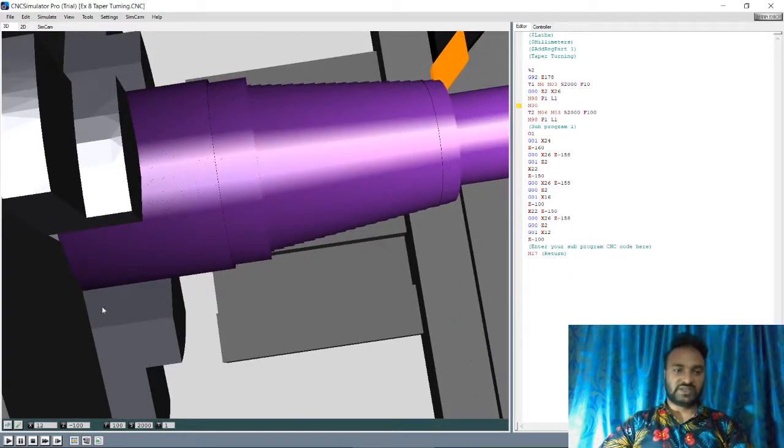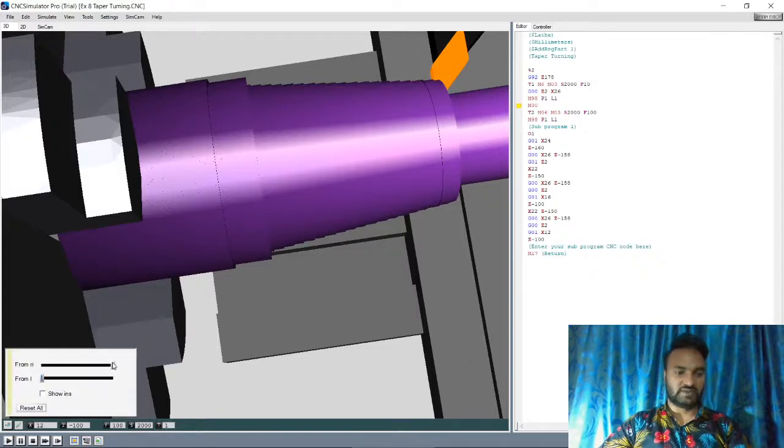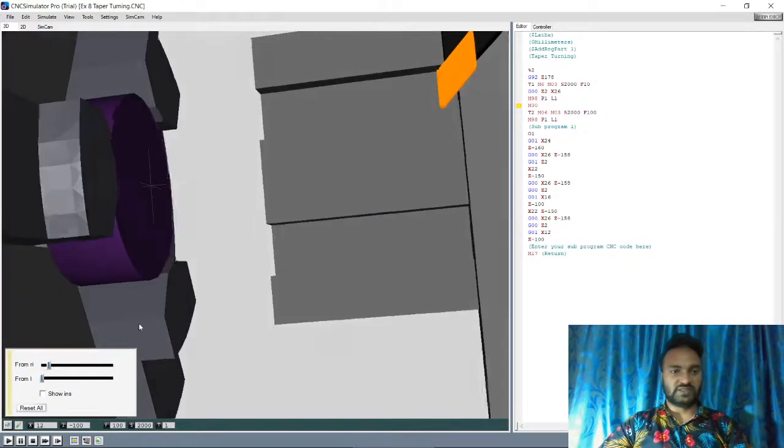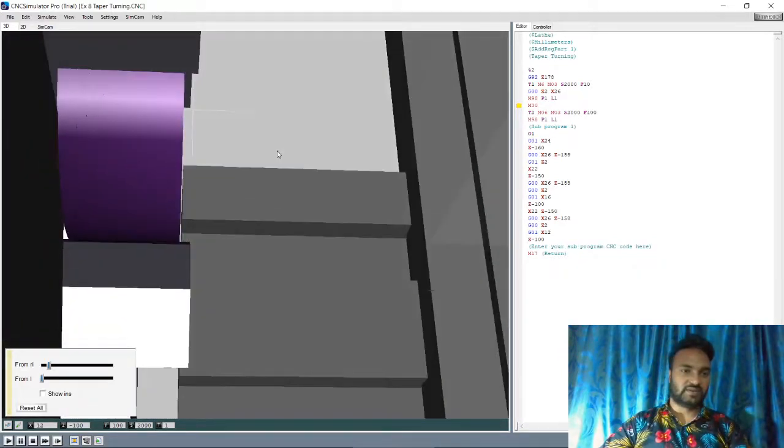So the origin of the center, I will show you from the right. This is our origin.